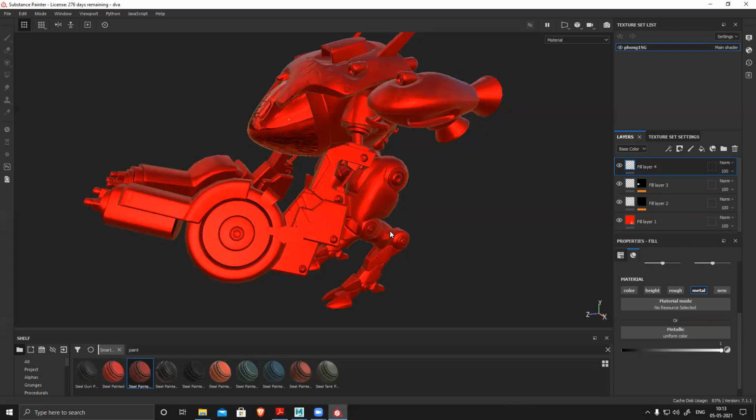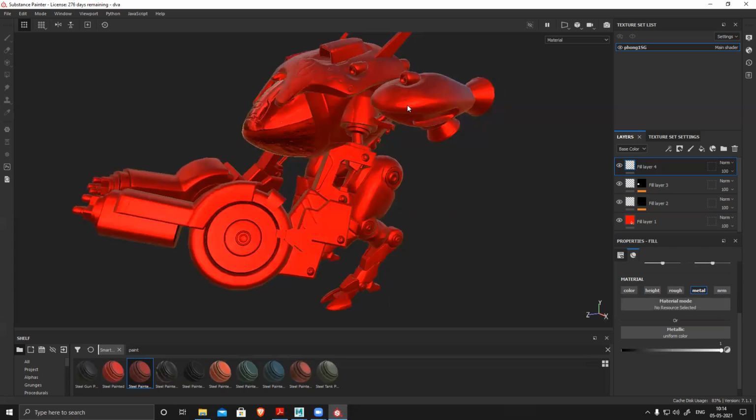So we sometimes use 50% gray and all those values, which you should know is technically incorrect, because it cannot be 50% metal. It has to be full metal or non-metal. But in gaming, just to create the output or visual, because in production we have render passes, so in that we can control all this, but in gaming everything is real time. So just to get the output, we manipulate the property.